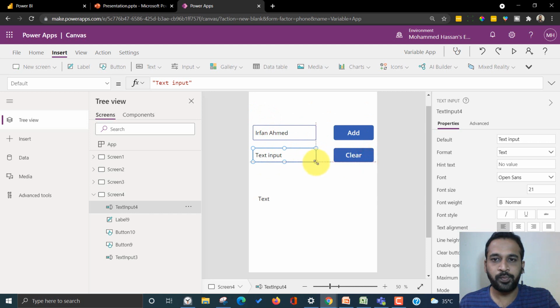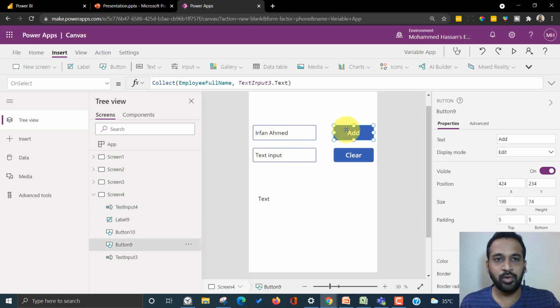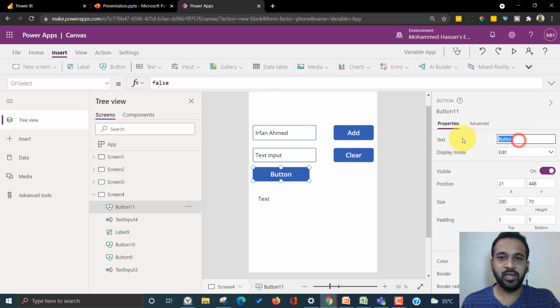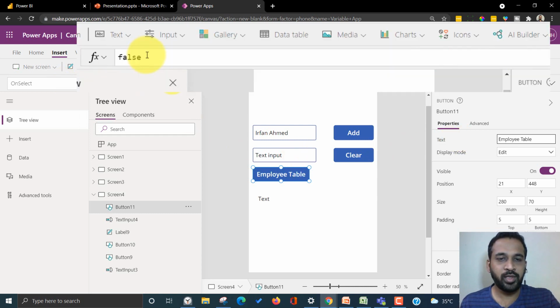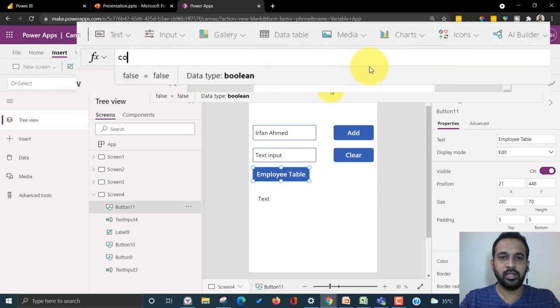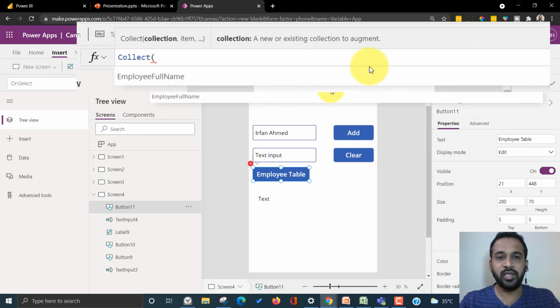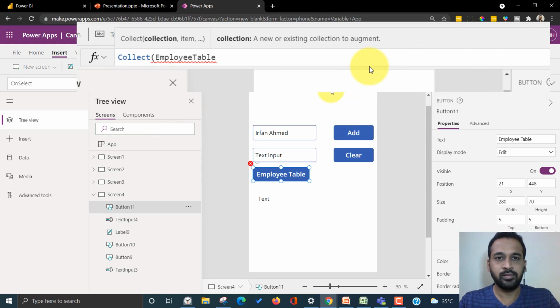This is input 4. Now again clicking on this one, I'm going to add one more button, so giving it a name, employee table. So on select property, I'm going to add the collect function and then give a name, employee table,